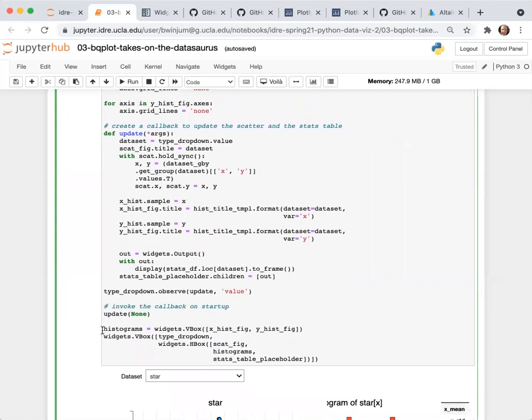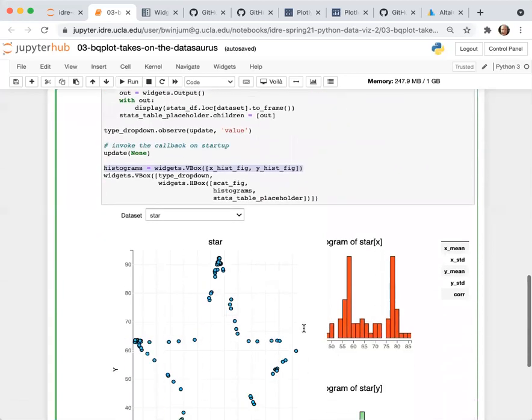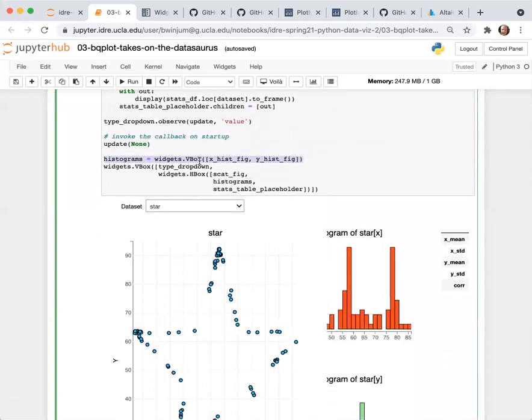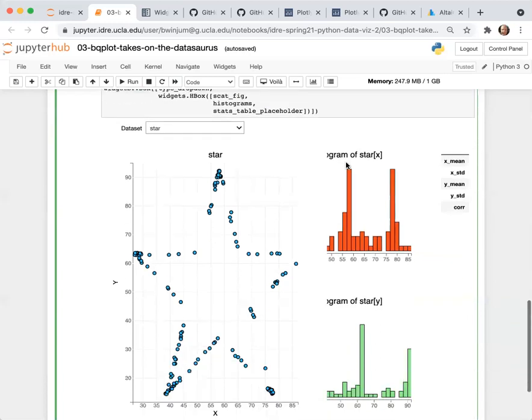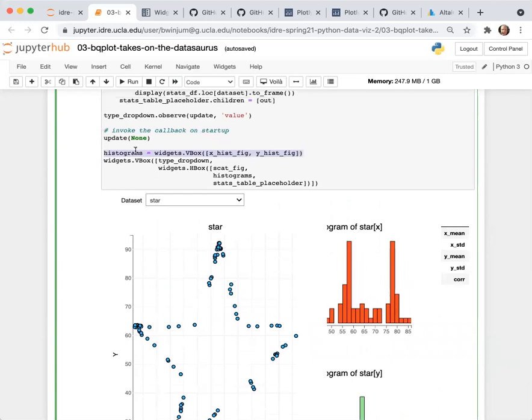But basically, here you have a way to structure the widgets that you have. So you have a vertical box, which is the X histogram and the Y histogram. That's this area of the canvas. There's another vertical box, which is the drop down, which is this. It actually extends all the way across this.